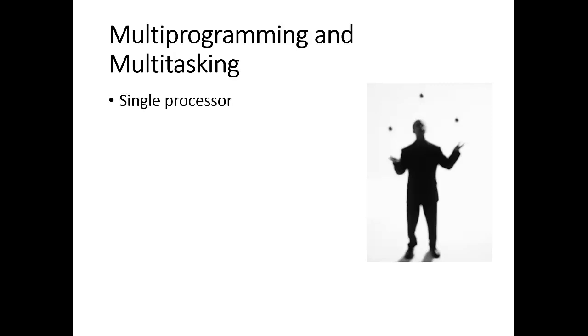Since you have only one processor, but there could be so many different things to do, especially when you want to run multiple programs at the same time, at least to create that illusion, you need to use the same processor to run multiple processes and make them take turns in terms of using that single processor. So you will let one process occupy that processor for a split second, and then you'll move on to the next process